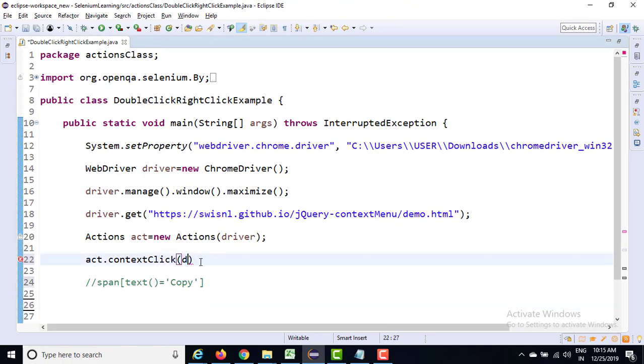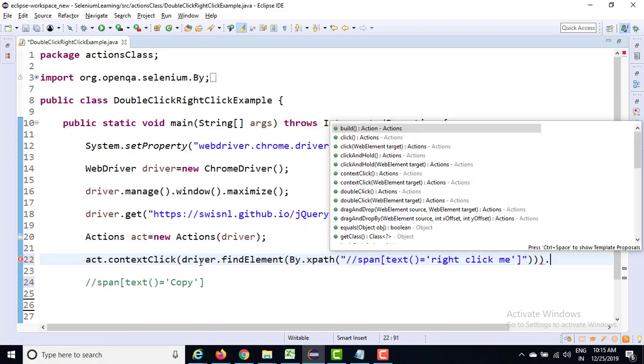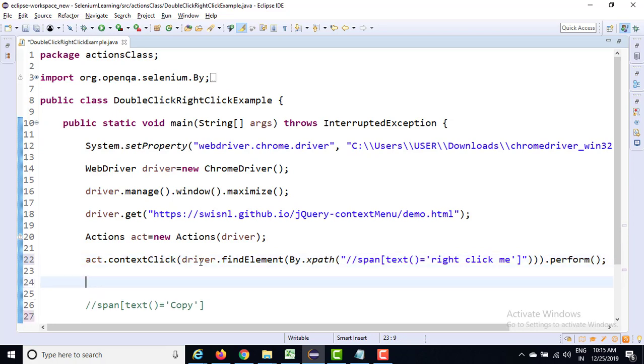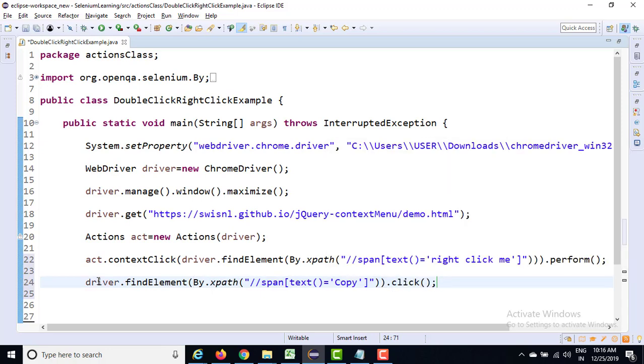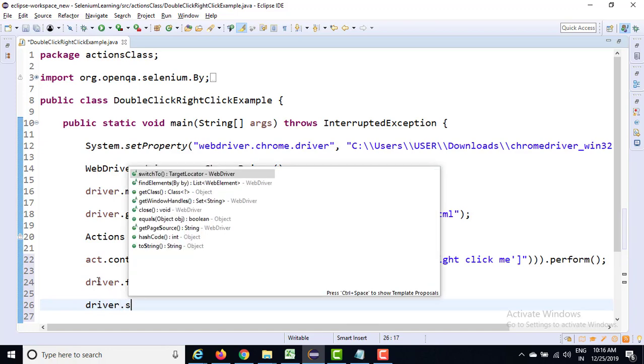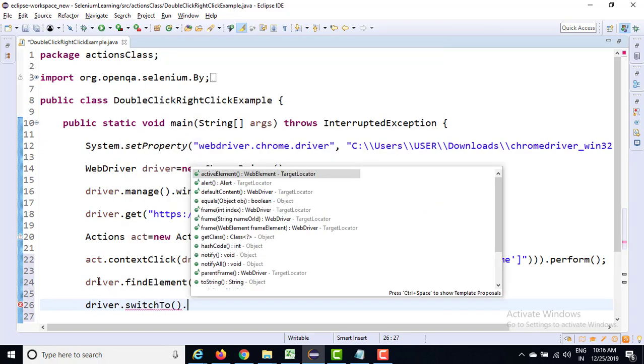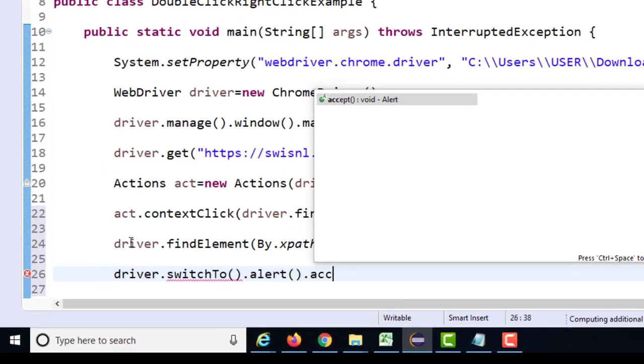So first of all, we need to do the right click over here. I'm just going to write driver dot find element by XPath and then we need to say dot perform. After this, I need to click on this particular option. So this is just like a normal web element. So I can say driver dot find element by XPath and I'm going to click. Once we are clicking, we are getting one alert, right? So I can say driver dot switch to dot alert dot accept.